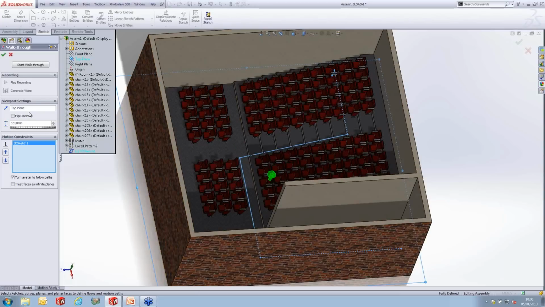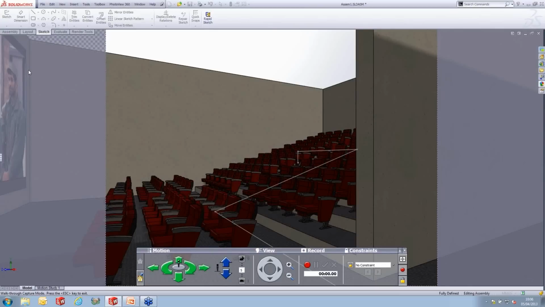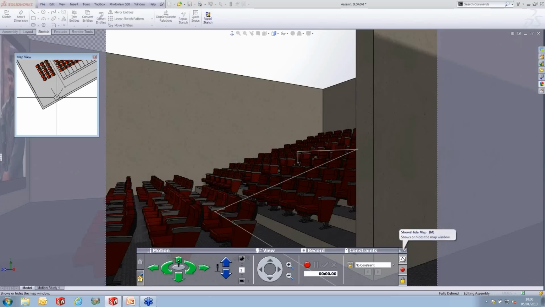So all we do to start the walkthrough is click the Start Walkthrough button, and you'll see we just get entered into the command. Now a few things to get yourself in position. First of all, if we click this button here to show and hide the map, we can have a look at where we are relative to the rest of the design, because with larger models it's not always directly obvious. The first thing I want to do is get myself into position on the start of this 3D sketch